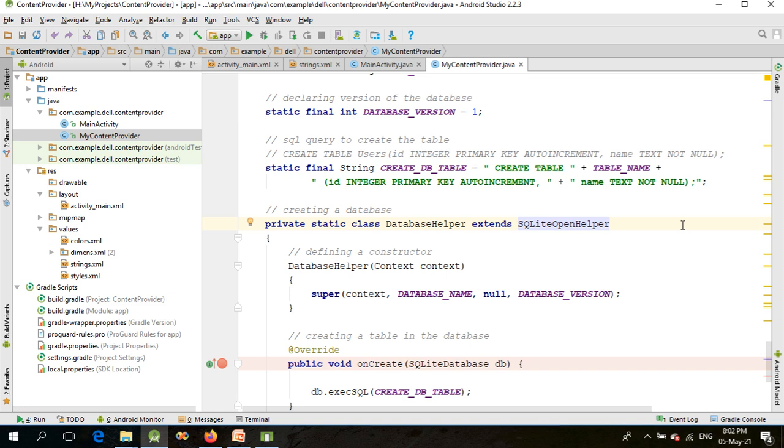But remember, I have defined or created this class in the same file in which my ContentProvider.java is implemented, but you can implement this as a separate class, and you can use this class by creating its object in this ContentProvider.java file. Then there is the constructor of this DatabaseHelper class which accepts an object of type Context, and this context is provided to the base class